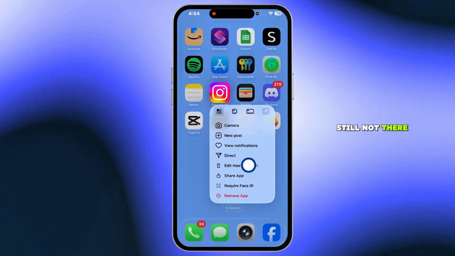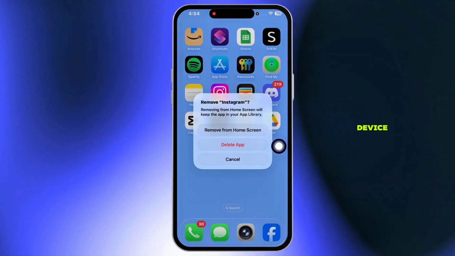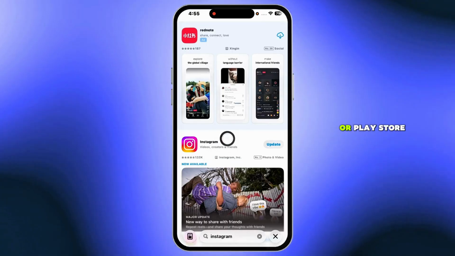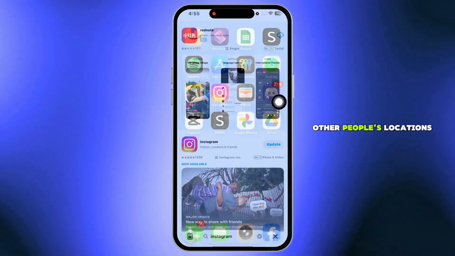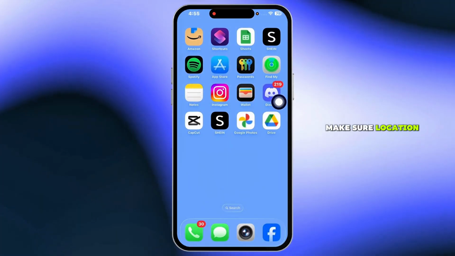Still not there? Delete the Instagram app from your device, reinstall it from the App Store or Play Store, and try again. If you see the map but it's not showing other people's locations, make sure location services are turned